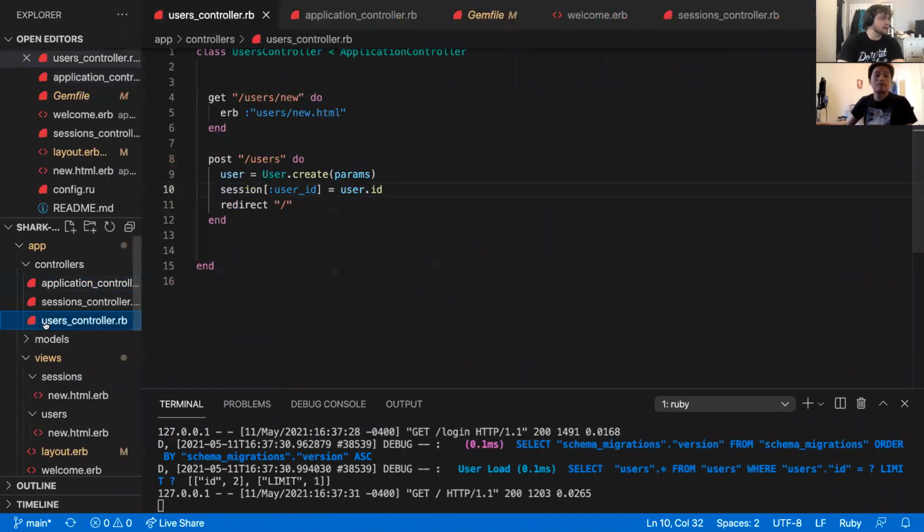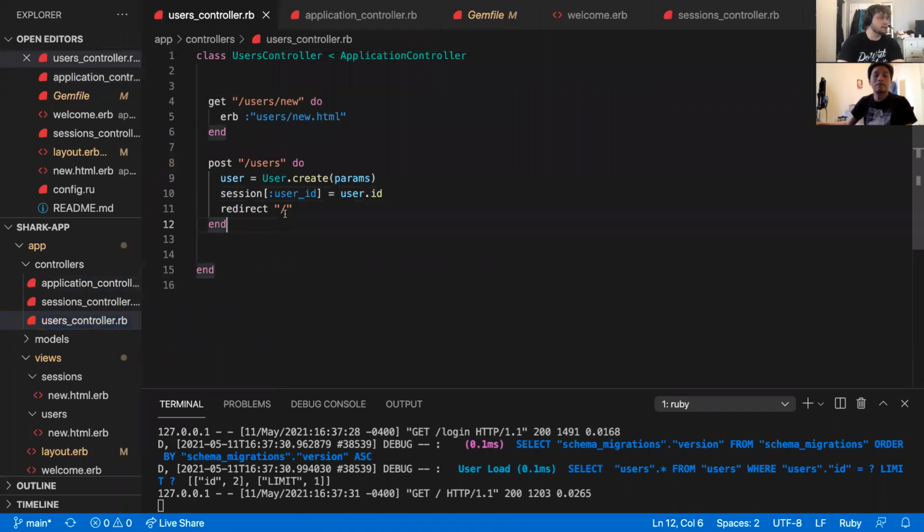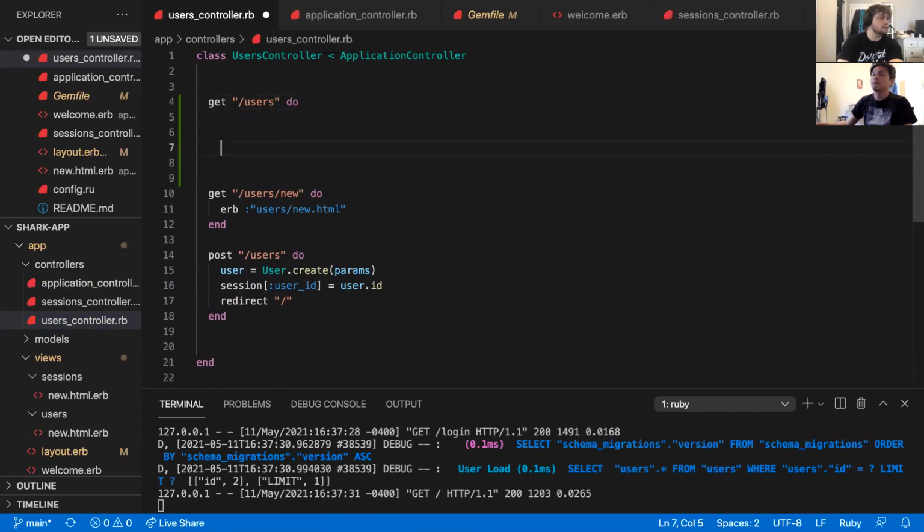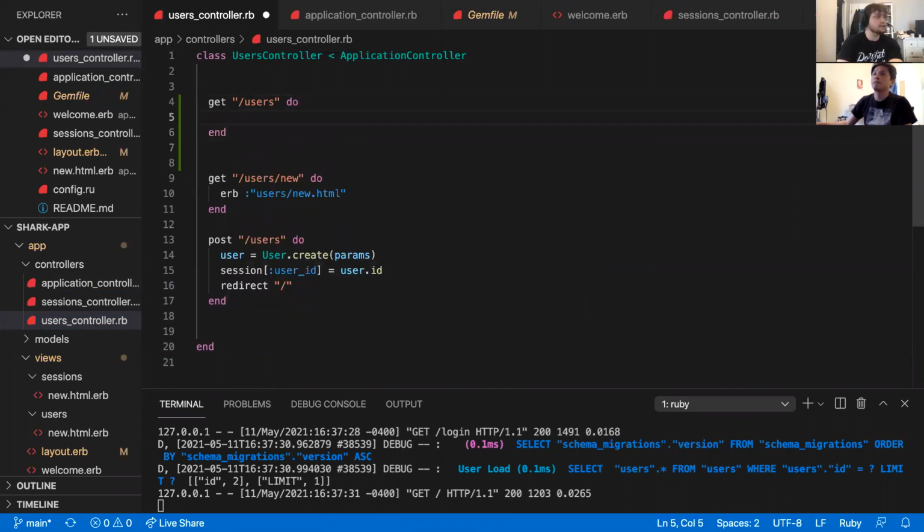There's a couple of other things we can do, right? We can go ahead and create a show page and an index page, which I'll do really quickly. Get /users. Do end. And this right here is going to be the user's index in RESTful actions. So this is new,